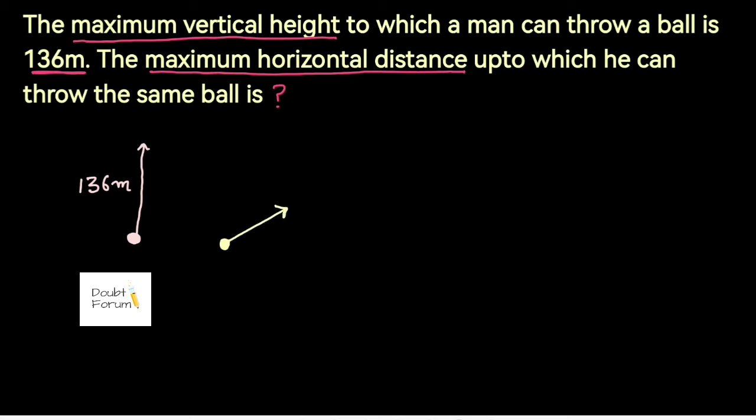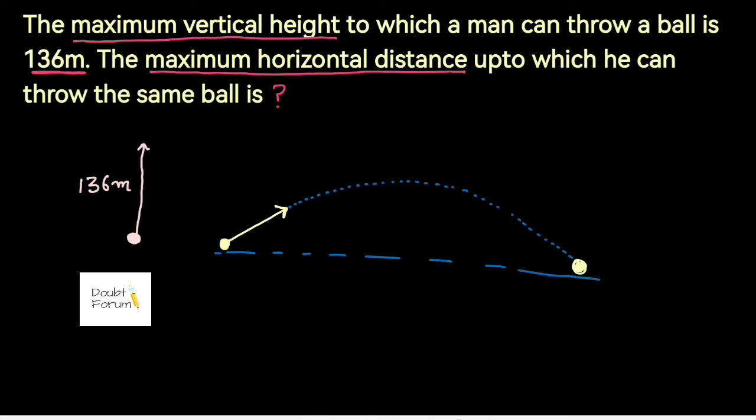and when a ball is thrown at some angle from horizontal, we know it takes a parabolic path, and after covering this parabolic path, the ball would come back to the ground. This is called projectile motion. In projectile motion,